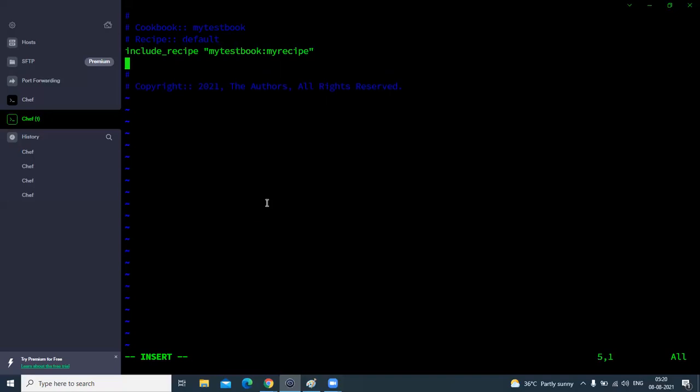And again include_recipe and again my test book, the recipe 2. So with the help of the include_recipe command, we can run multiple recipes from a single cookbook.